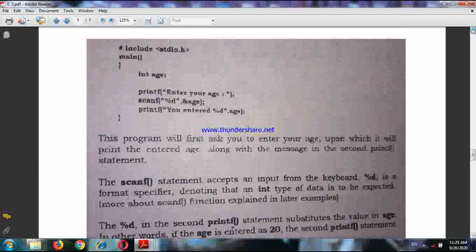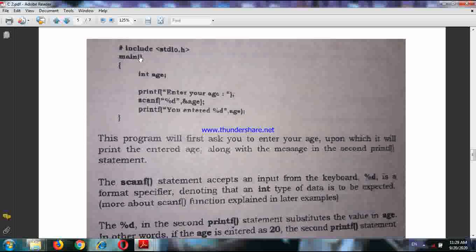Now this is a simple program. Include stdio.h. stdio.h means standard input-output file. We have included it at the beginning of the program. Then, as I have told, C is a combination of functions, and one of the functions must be main. So we always start the program with main and then parentheses.